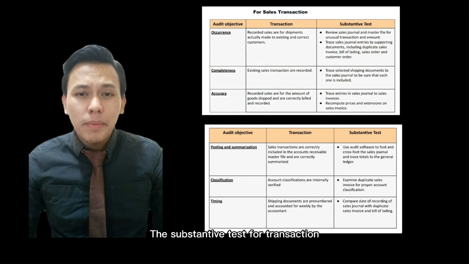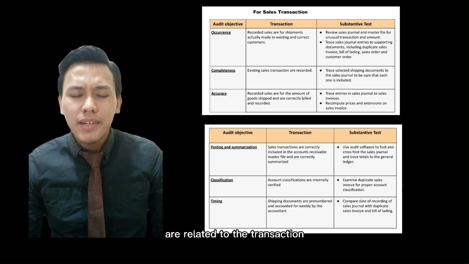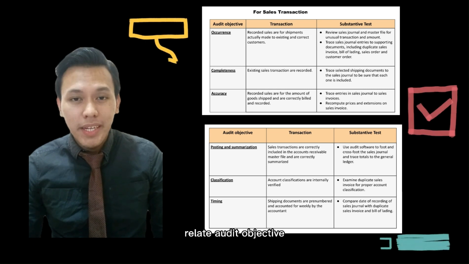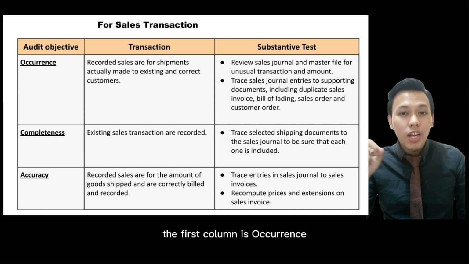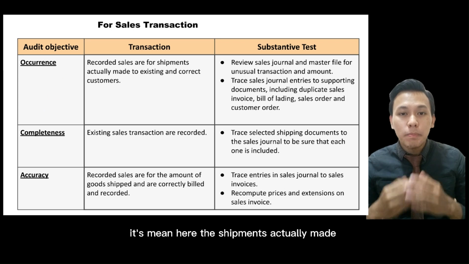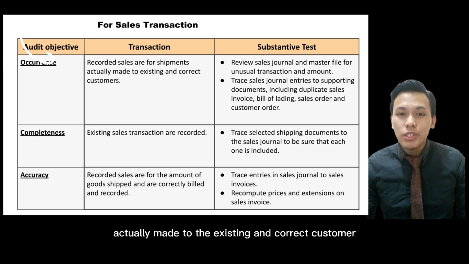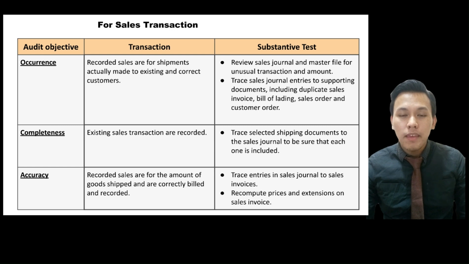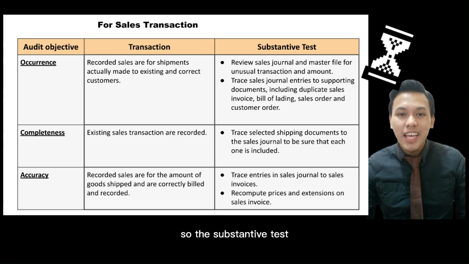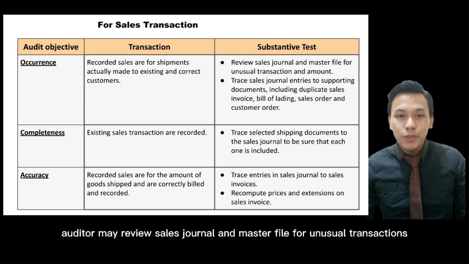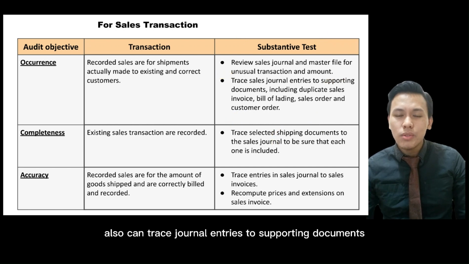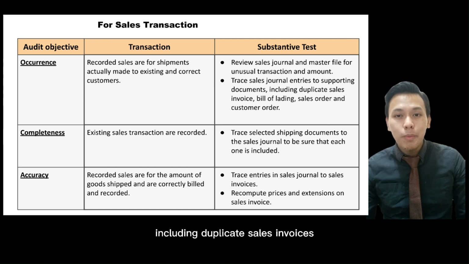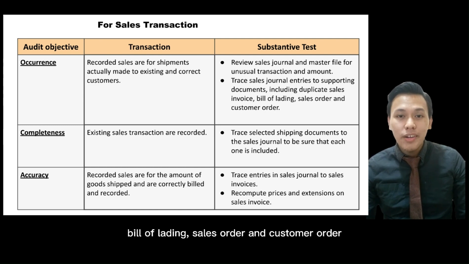Alright, the substantive tests of transactions are related to the transaction-related audit objectives. Alright, we look at the sales transaction. The first column is occurrence. It means here the shipments are actually made to existing and correct customers. So, for the substantive test, the auditor may review the sales journal and master file for unusual transactions and amounts. Also, can trace sales journal entries to supporting documents including duplicate sales invoice, bill of lading, sales order, and customer